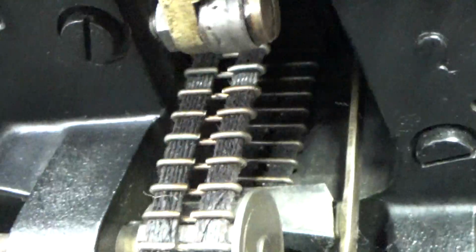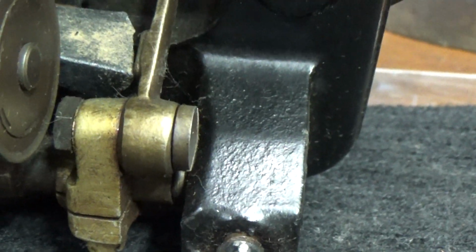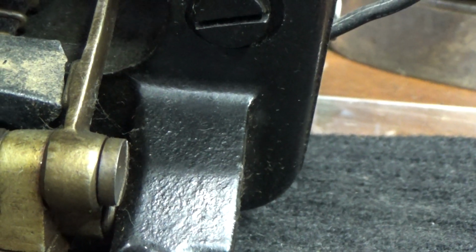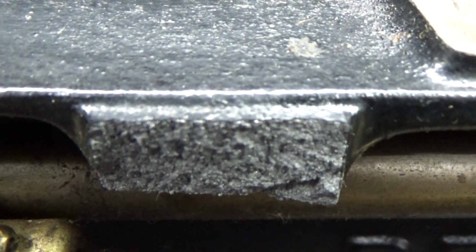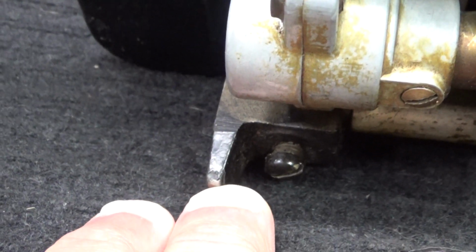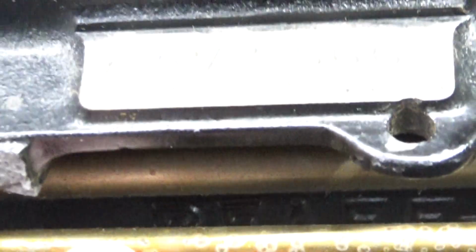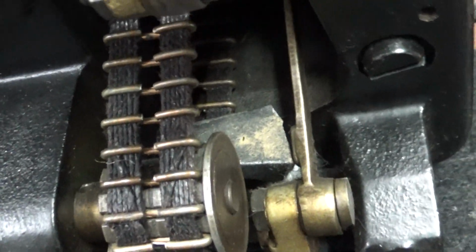But the bad news is, and I wasn't looking carefully when we went across the front of the machine. I was focused on the serial number. What do we see right there? Pedestal foot number 1. I went right past it. Pedestal foot number 1. Pedestal foot number 2. Pedestal foot number 3. Pedestal foot number 4. And if we look into behind these belts that I was moving around,